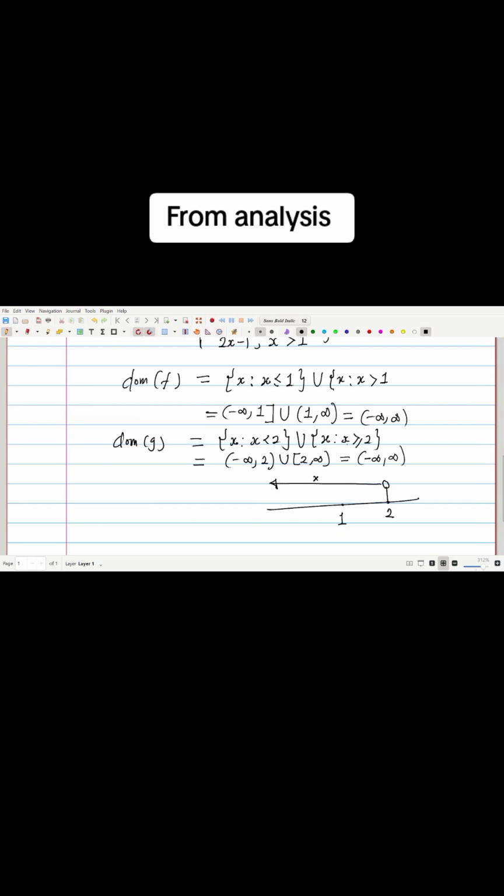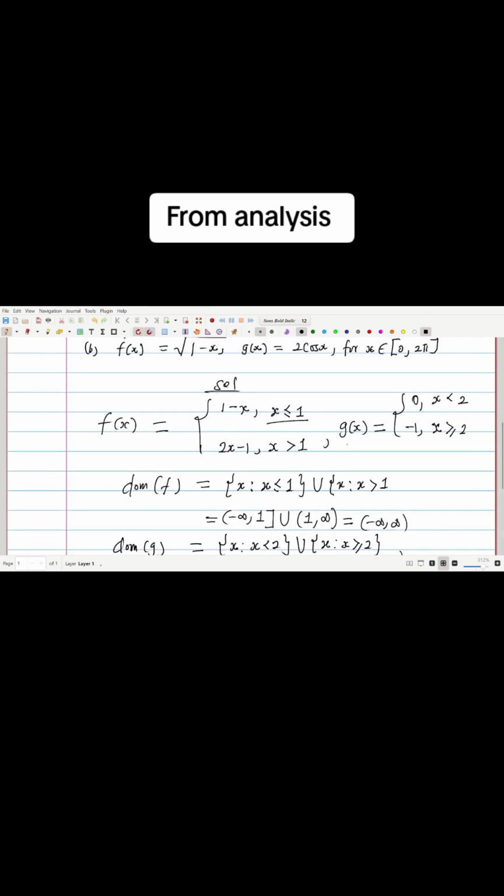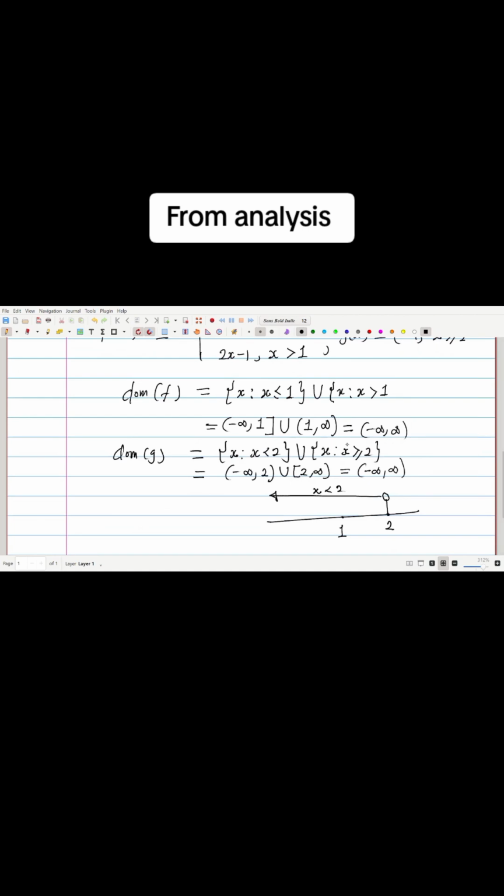This shows that x is less than 2. Then, since in this one you are seeing here, x is less than or equal to 1, we can have it as follows. Then you can see that this region is common to both of them, and this region defines x to be less than or equal to 1. So in other words, the intersection between these two intervals is x less than